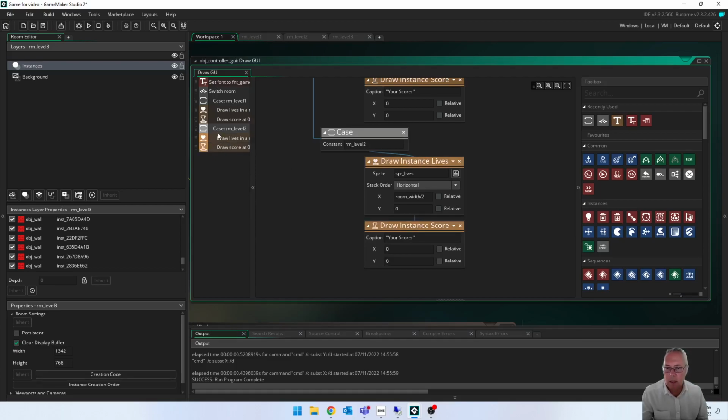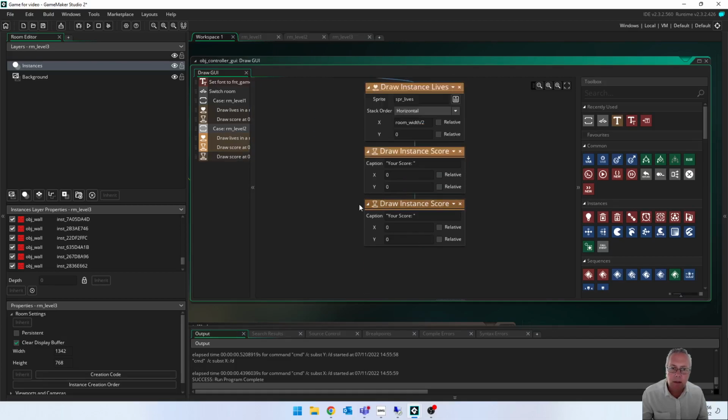So what I did there was select the first option, the case level 2, control click, and it's selected all of those objects, and I want to right click, let's see what I can do here, see if I can paste them in, paste,